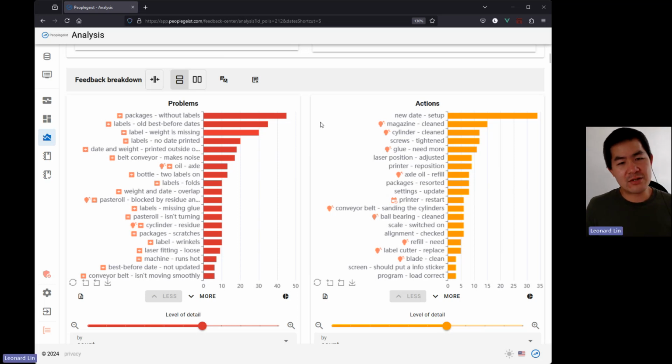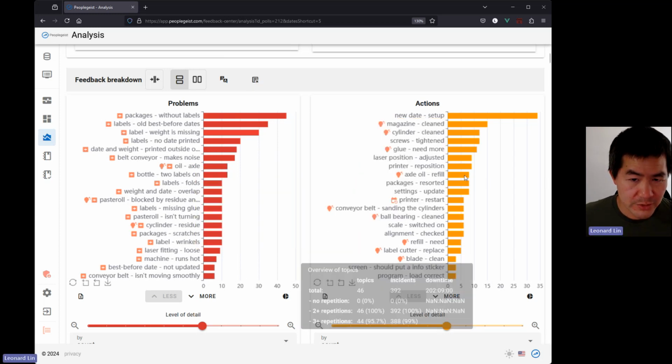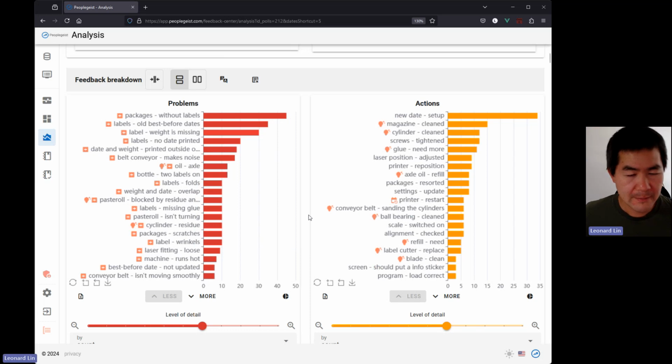I can see potential root causes of these issues, so I can do an RCA on them and eliminate the actual root cause and reduce the frequency of issues. All this analysis is about eliminating unplanned stops and moving them into planned stops instead of